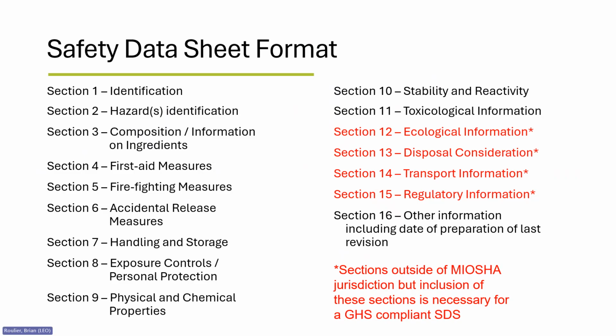Below lists the required 16 sections of a safety data sheet. For a safety data sheet to be compliant, it must contain these 16 sections and in this specific order. As mentioned earlier, this allows for important information to easily be located. If you see a document which is missing or has these sections in a different order, it is a good indication that the document is an outdated material safety data sheet, and an updated version should be requested from the manufacturer